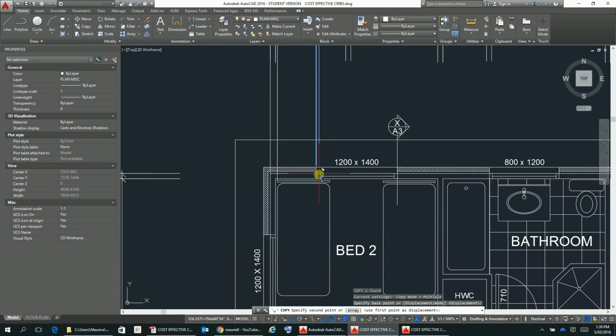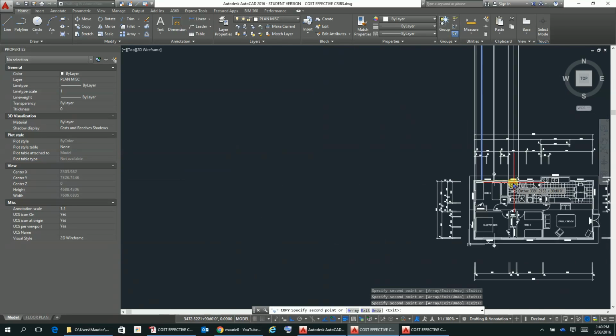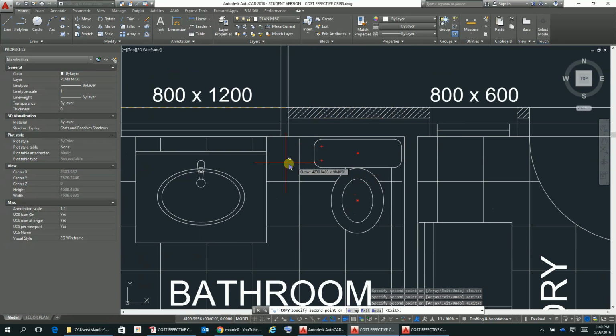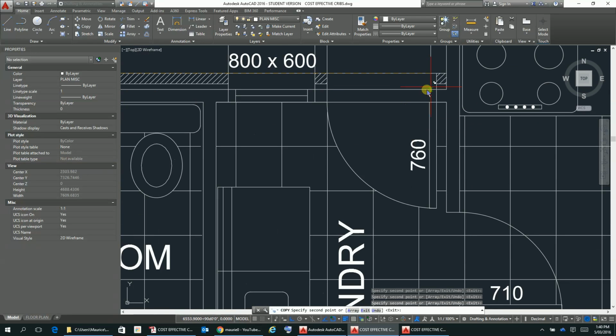So these are all the points that I want to put a ray on for transferring up to the elevation. These are all points, prominent vertical points that will appear in the elevations. So I'm getting both the window and the outside of the windows, like so. And the ray just puts a continuous line up through the plan. This will be a door here, like so. Moving along, that's a window, there's another